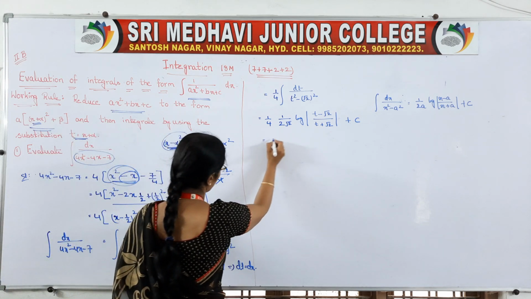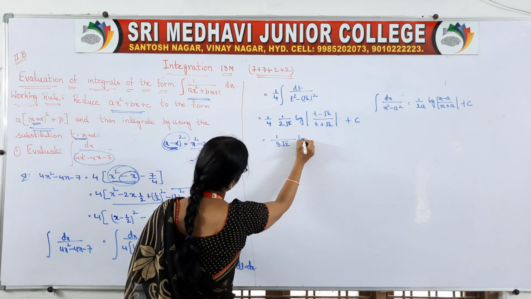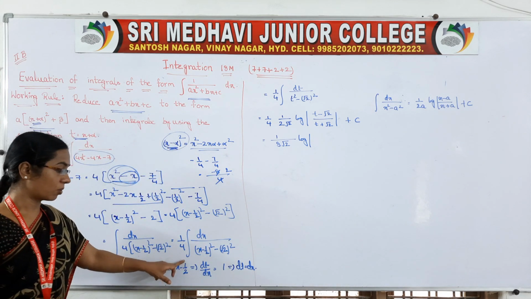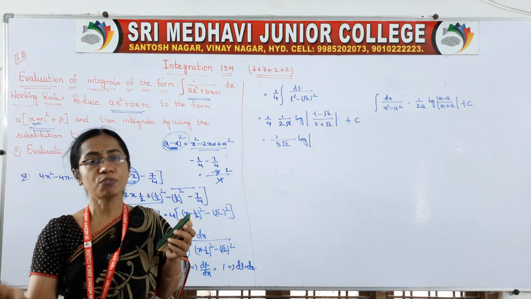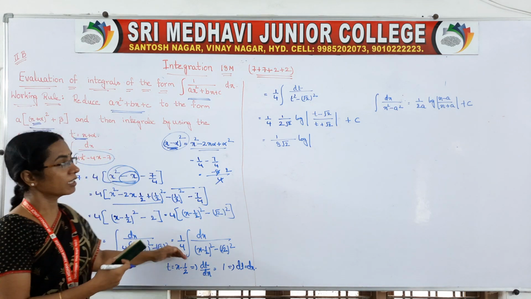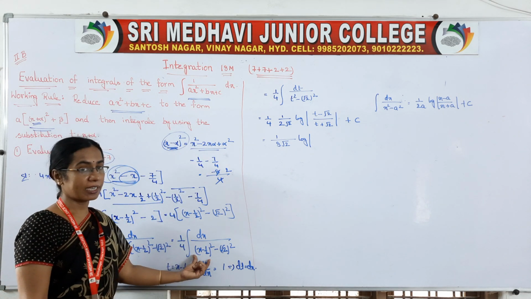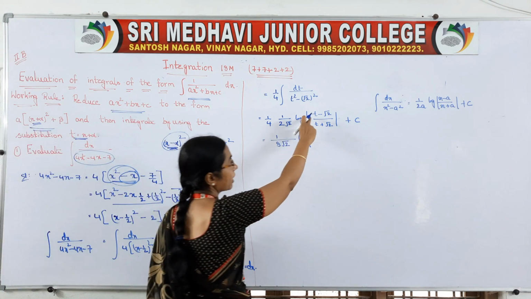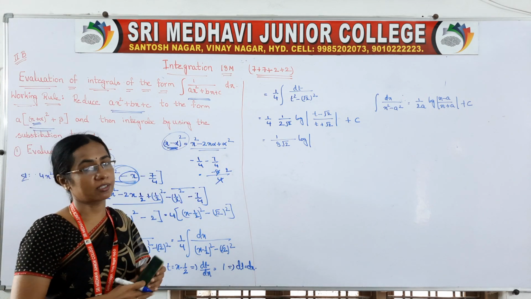So it is equal to 1 by, 4 twos are 8 root 2, log of, what is t? We have taken t is equal to x minus 1 by 2. At the end, again our problem should be in terms of x only. In all these substitution problems, for our convenience, to convert the problem into some standard formula form, we will take that t. But after getting the answer, in place of t we have to take the x value again. That means our answer finally should be in terms of x, isn't it?